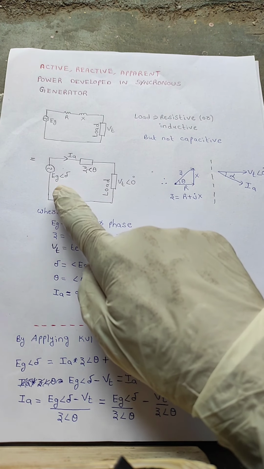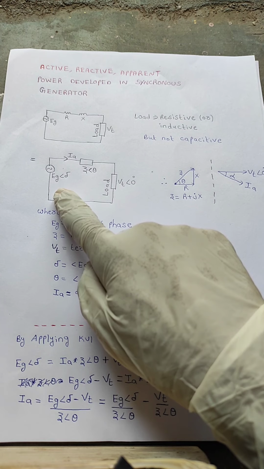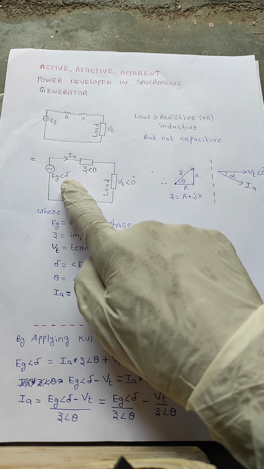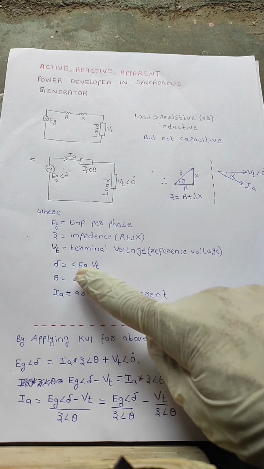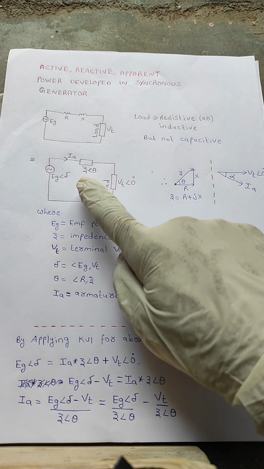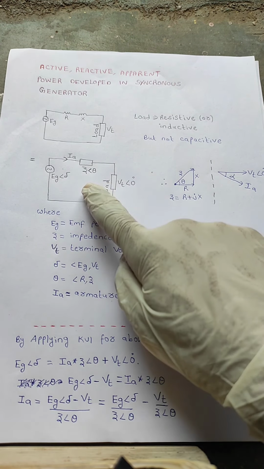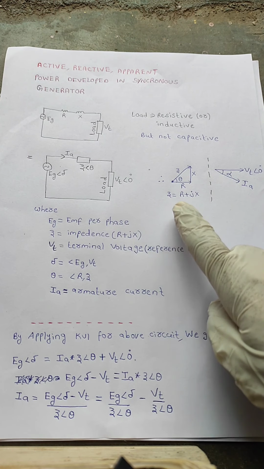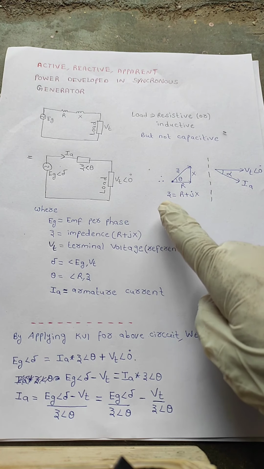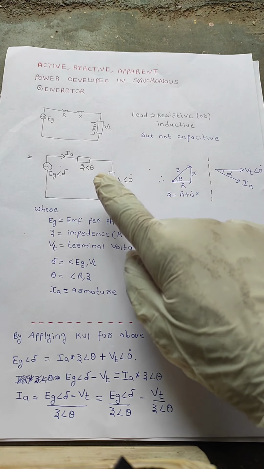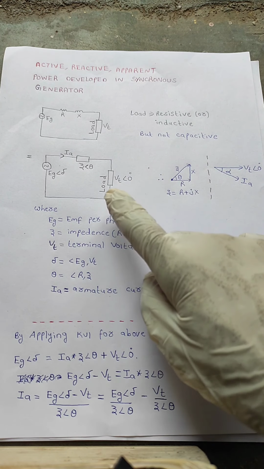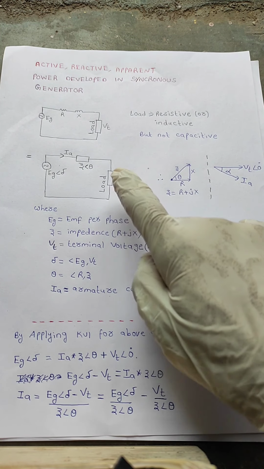So this is the internal generator voltage Eg. That is angle delta. Delta is nothing but the angle between Eg and Vt. That is the combination of resistance plus reactance, so Z equals R plus jX. Z is nothing but impedance. Theta is nothing but the angle between R and Z. That is the terminal voltage,